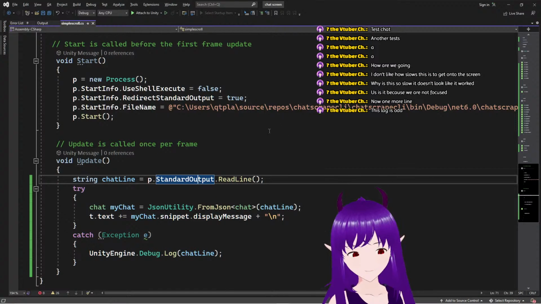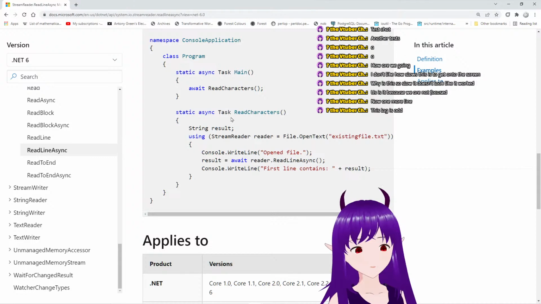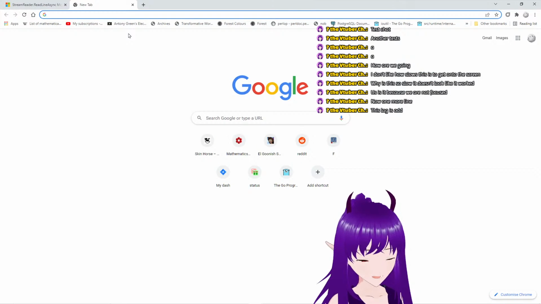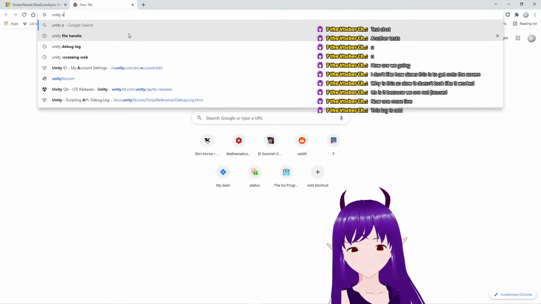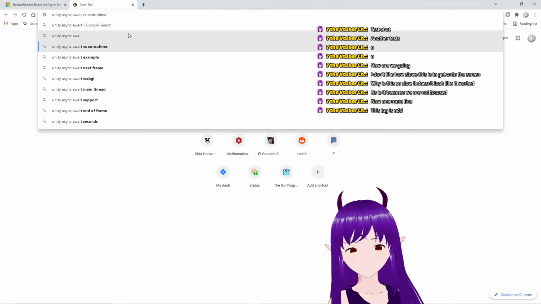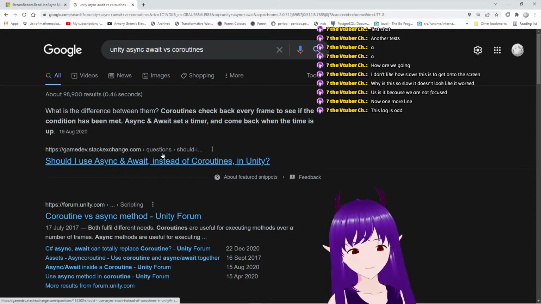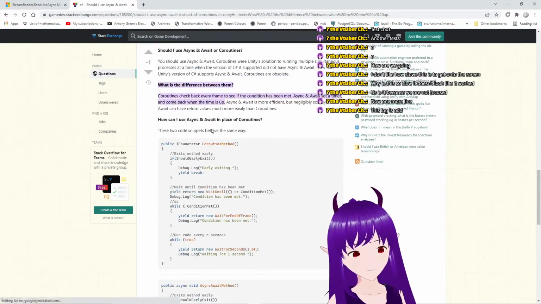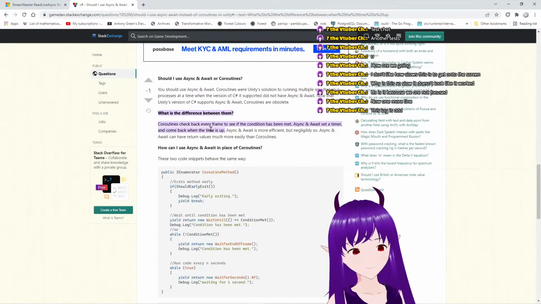But Unity has its own little quirks with multi-threading. Okay, so this is coroutine. So let's have a look. Coroutine solution of